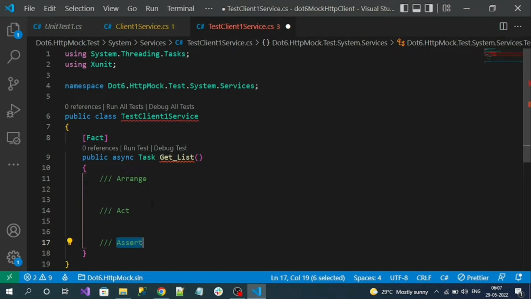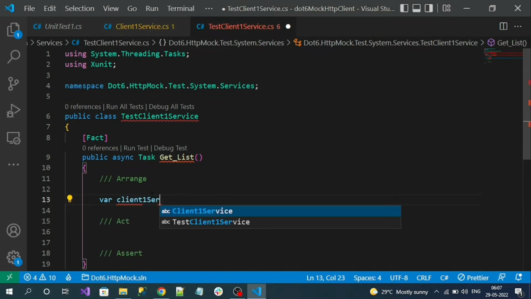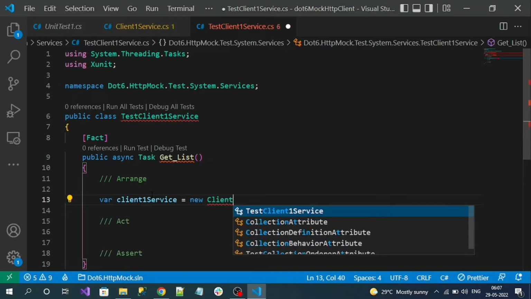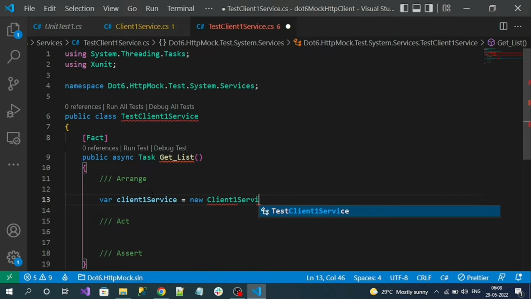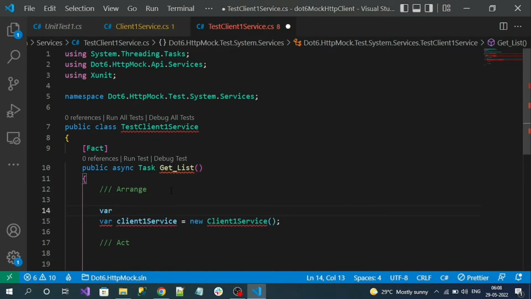So here what I want to test is Client1Service, right? So I can create a variable like client1Service equal to new Client1Service. Okay, but it is expecting an HttpClient instance. So what I will do, let's create an HttpClient instance. New HttpClient. Okay,